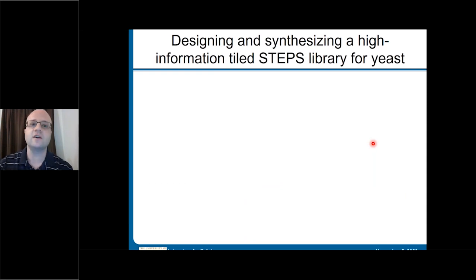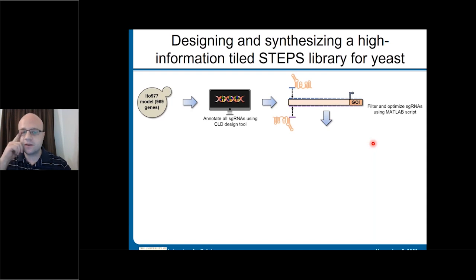So finally, I want to showcase a little bit of some of the newer stuff that we have just published in this past year, really expanding upon this approach in a much larger library-based approach that takes advantage of next-gen sequencing. In particular, we looked at the stoichiometric model within yeast and wanted to create guide RNAs that stepped along all of the major stoichiometric-related genes.